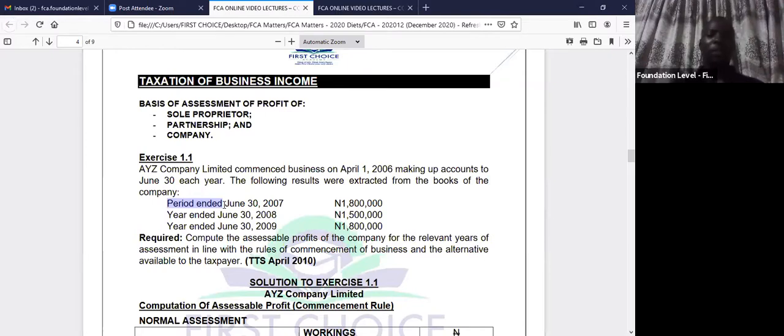Second, it must be 12 full months. And third, it must start the next day after the former accounting period. That means if the former account ends in December 31st, the new basis period must start January 1. If an account ends in August 31st,